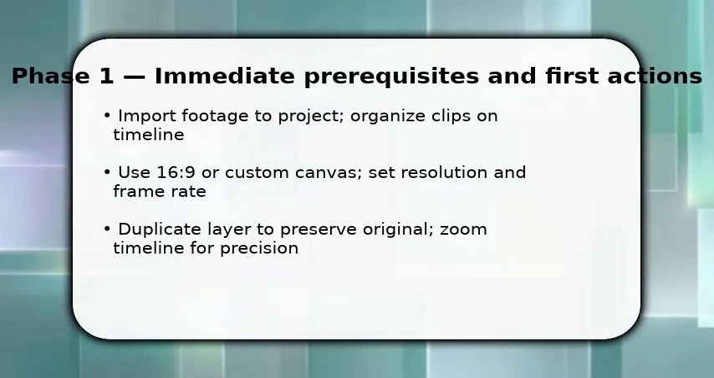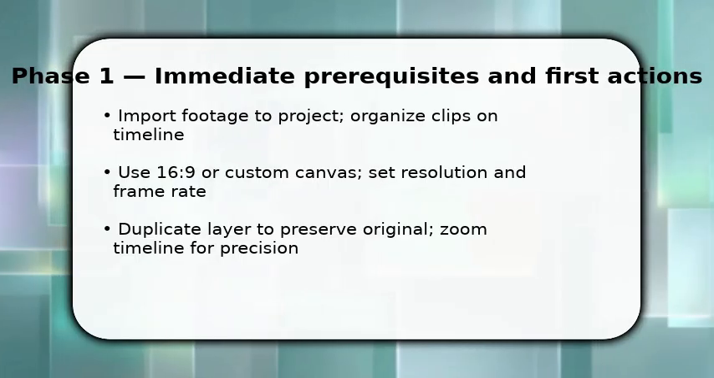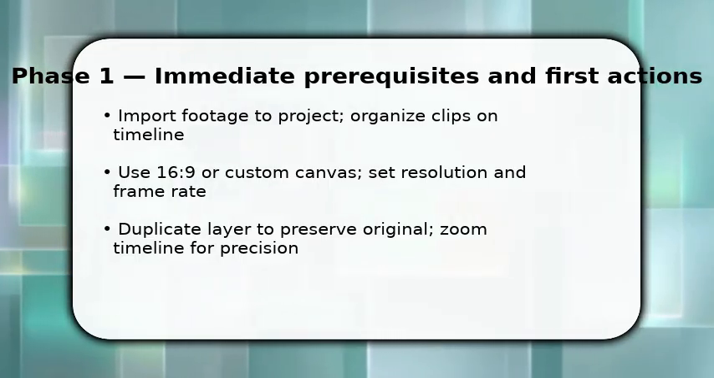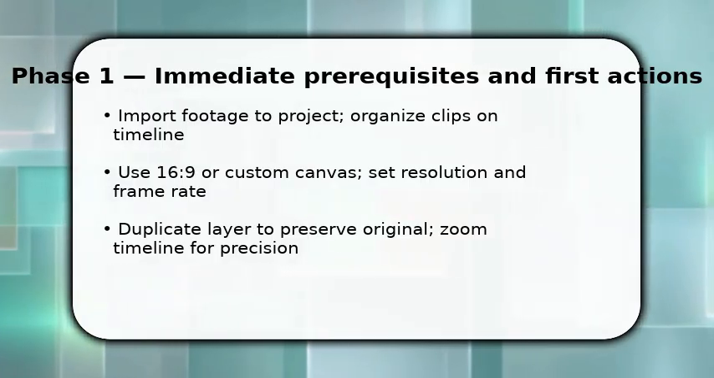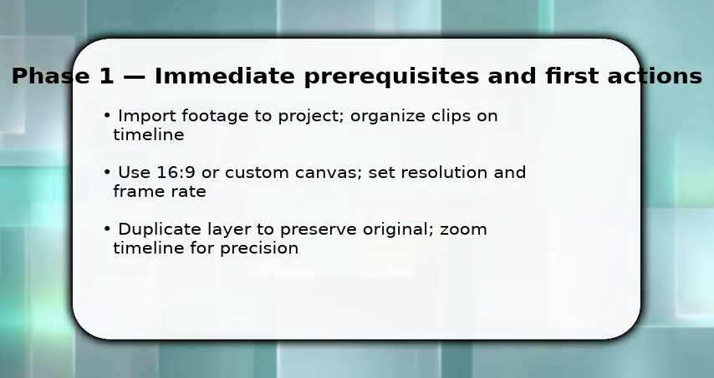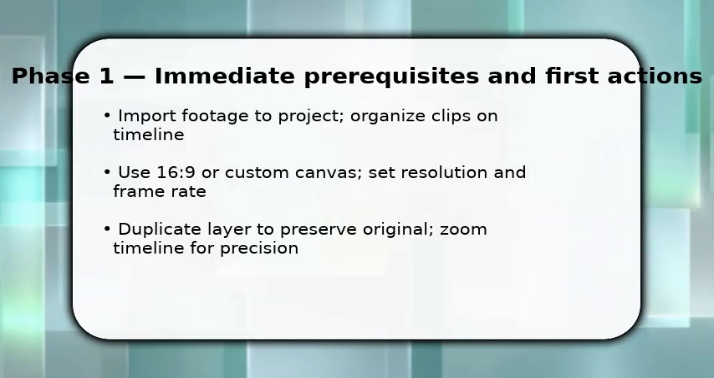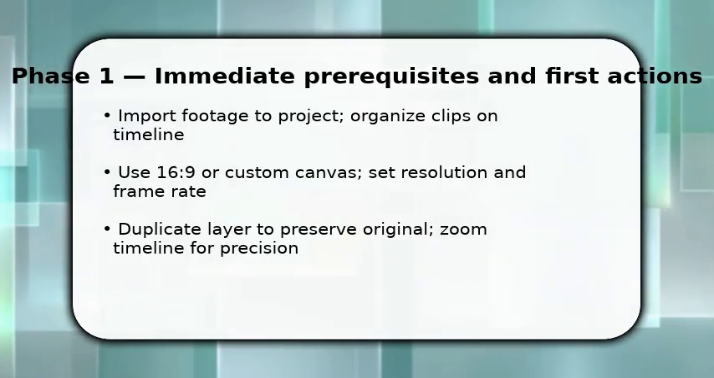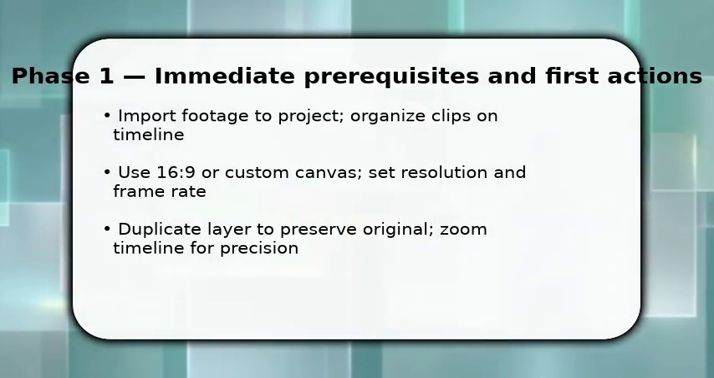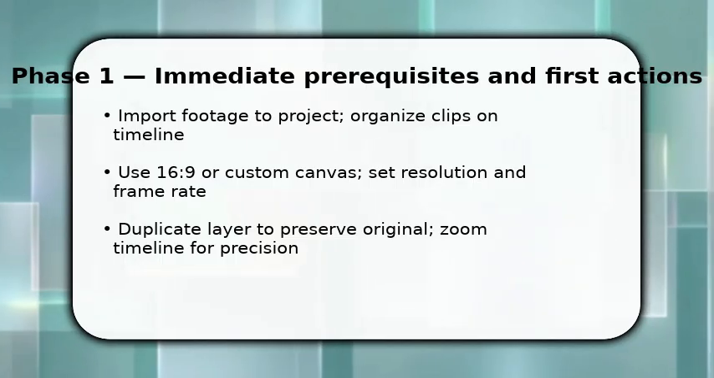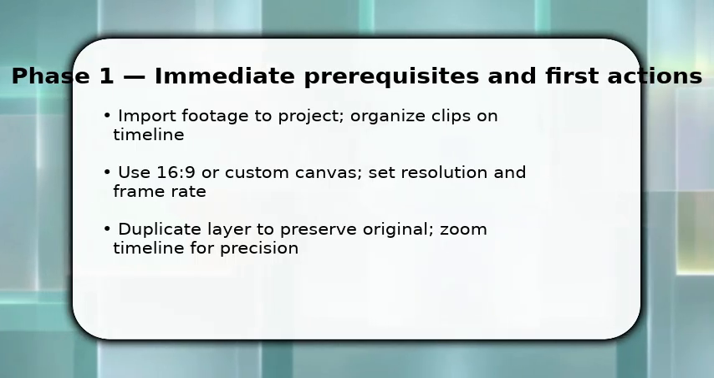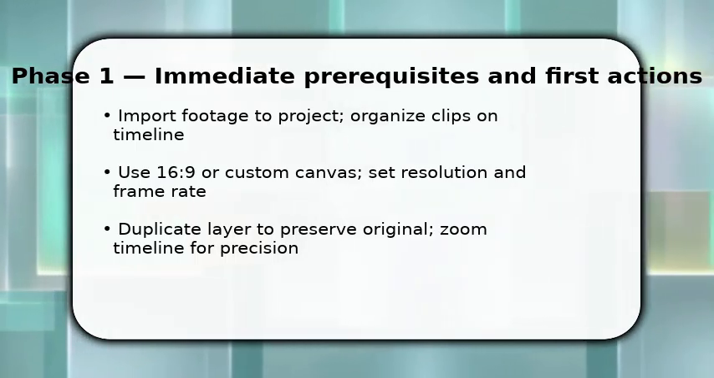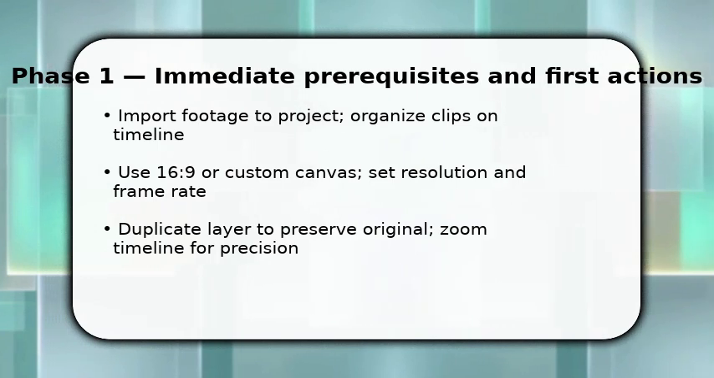You start by importing the footage and arranging clips on the timeline. This keeps everything accessible. Tap the clip to edit, then duplicate the layer so you always have the original preserved. Once done, set the canvas resolution and frame rate to match your export. This prevents scaling artifacts. Make sure to zoom the timeline for precise trims. These initial steps give you control and avoid destructive edits, so you can experiment confidently as you move into the